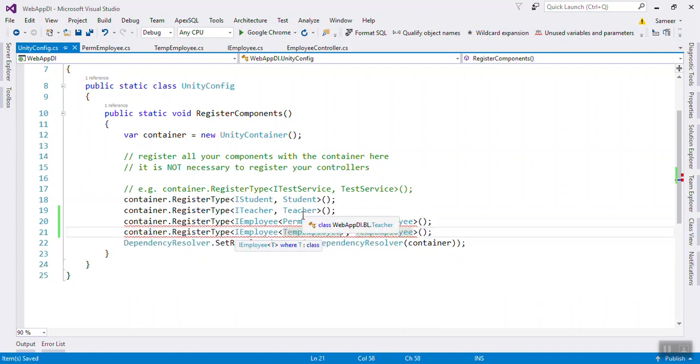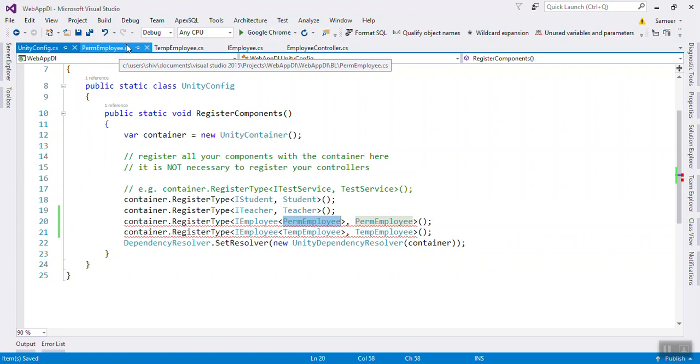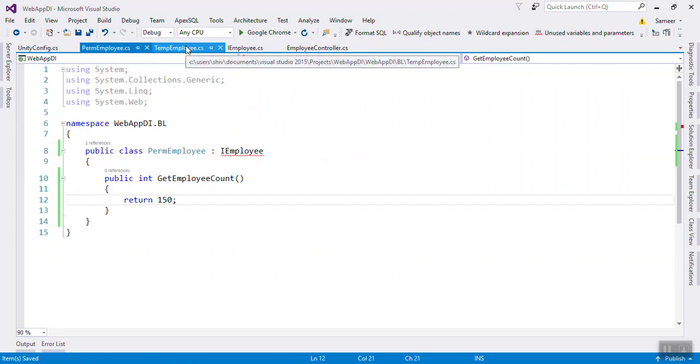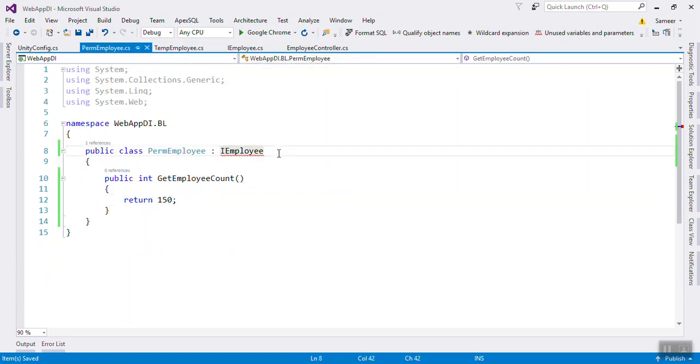Okay, so here, the one that I imply will be the permanent imply, because you are going to inject. Now, if you go here also, it will be the perm imply, and one more here, this one is the temp imply,